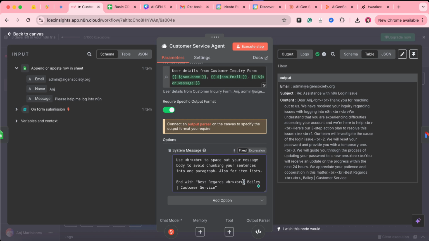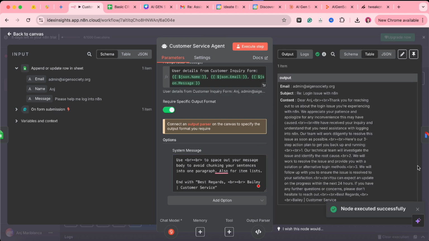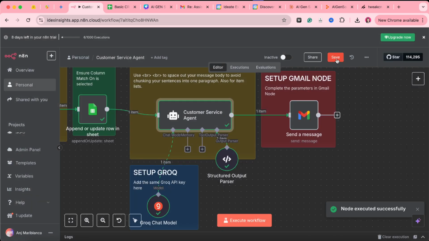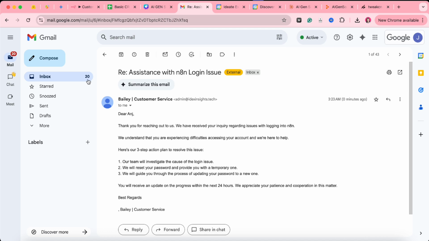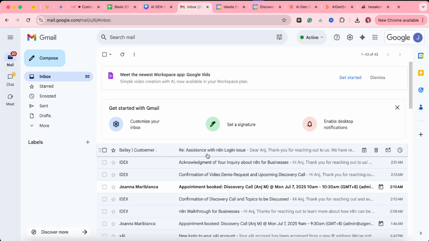So this is how you'd be editing your prompts. So when you execute the step, you would see a comma after best regards instead of spaces after. So save your changes, then hit send to Gmail,